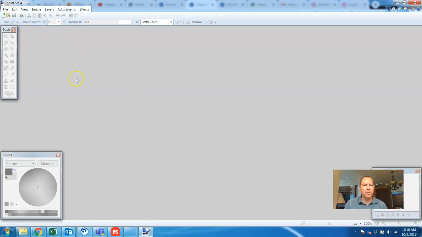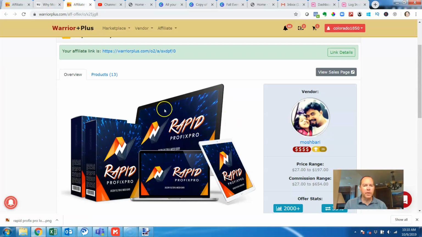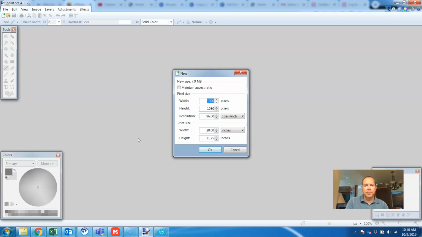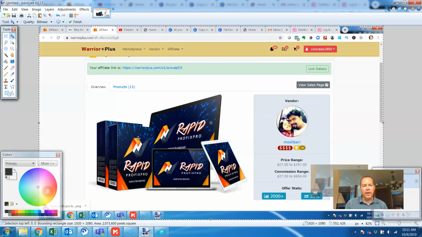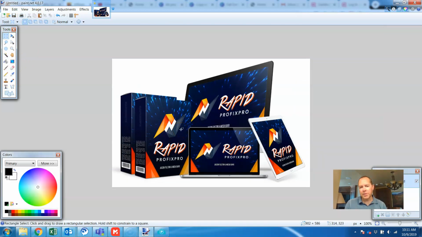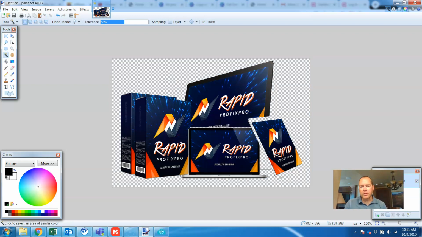And I really like it, but you can basically take a screenshot of something. Okay, so if I go over here to Rapid Profix Pro, I could do a print screen, and then I can go over here and just paste that, right? And then clip it, right? Trim it down, crop, whatever, just kind of get my screen capture there. And then if you need to remove the background, you can do that. Just kind of hit the delete key or whatever, with the little